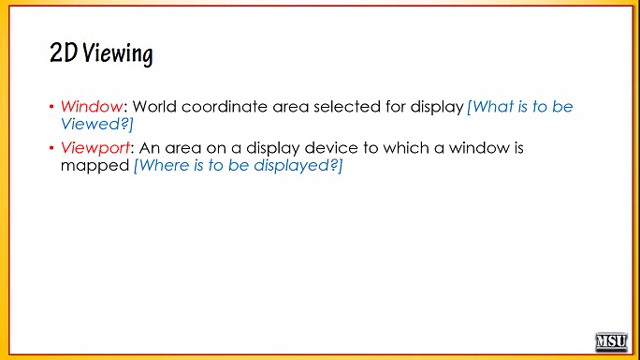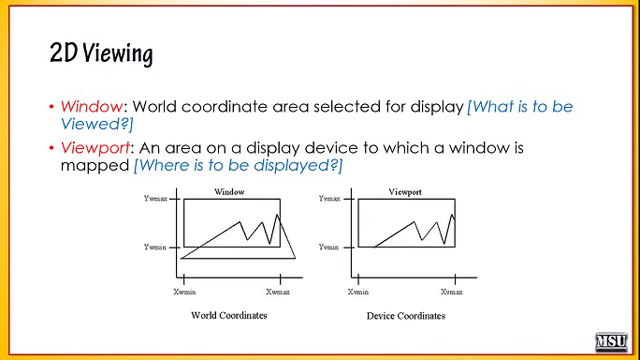The world coordinate area selected for display is defined as a window. Simply, we call it what is to be viewed. And the viewport is an area on a display device to which a window is mapped. The same window is mapped in a viewport. That's what we call where it is to be displayed. Here we are saying